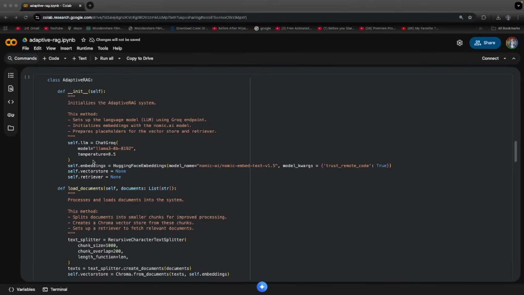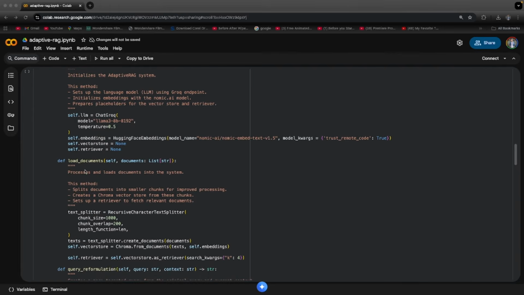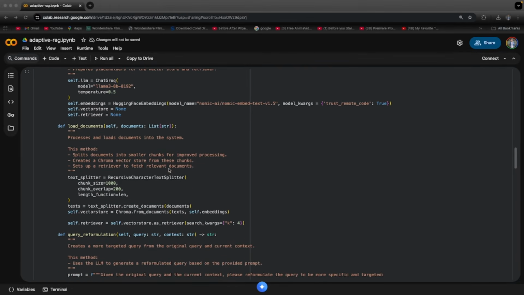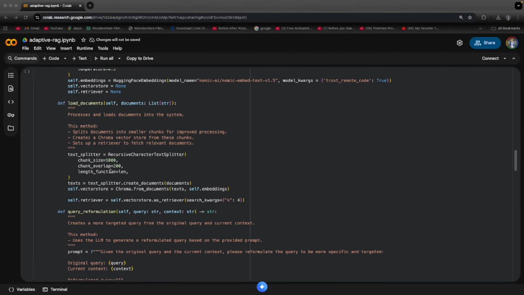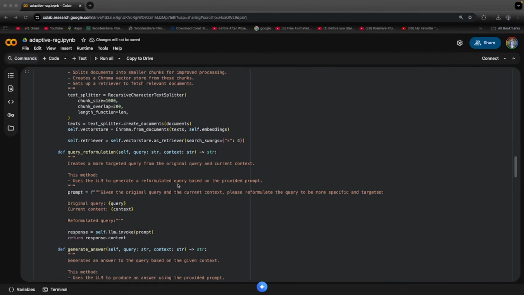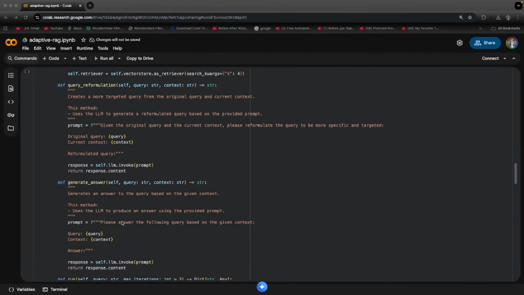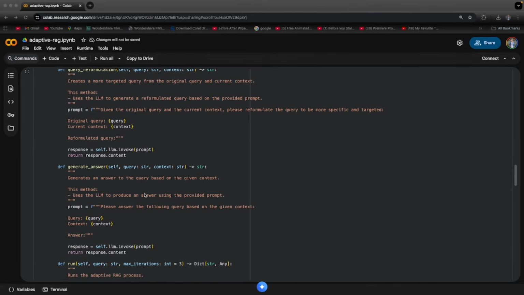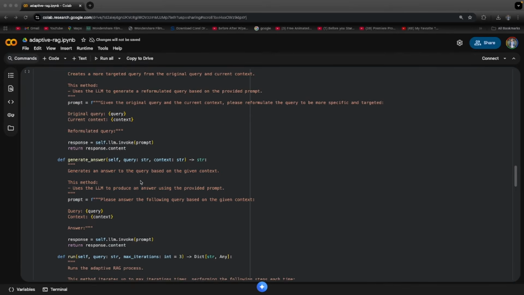Each iteration follows the same cycle: retrieve relevant documents from Chroma, generate an answer using the LLM, store the results, and then evaluate the quality of the response. If the system deems the answer good enough, it exits the loop with confidence. Otherwise, it automatically reformulates the question and tries again, getting closer to the perfect answer with every pass. This looped refinement process is what makes Adaptive RAG revolutionary. It's no longer a static system, but an AI that thinks and learns dynamically during execution. Let's see it in action with a live demo.